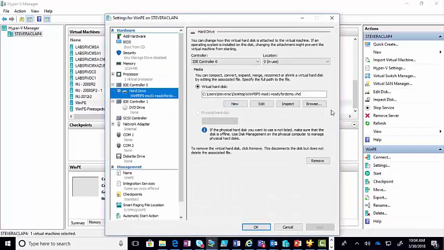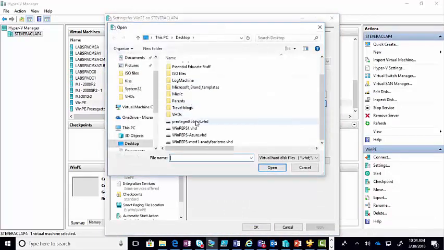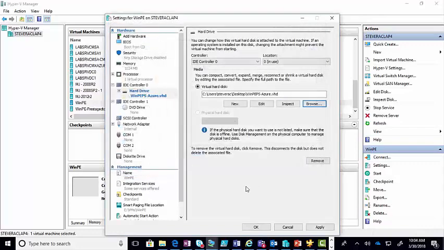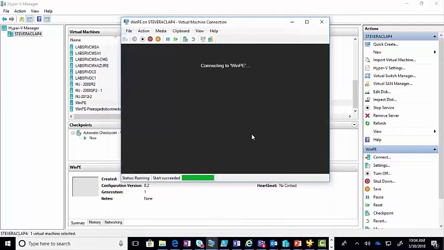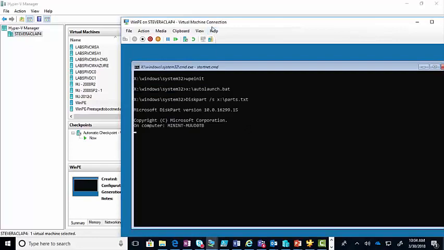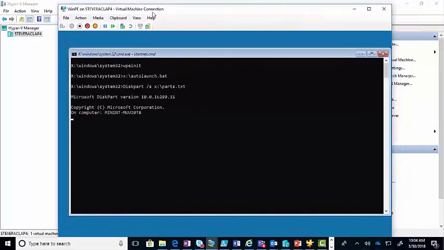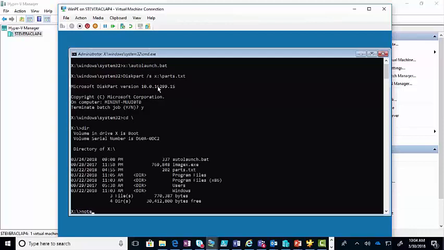So here's my hard drives again. Let's browse to it and go down to, this time, the Azure iteration of it. Hit OK. And we'll boot this up. So waiting for it to connect. You can see that it is booting down here and will be connected shortly. And essentially the structure of what I have is exactly the same. It's just tweaked a bit for Azure. So let me show you what I mean. I'm going to go ahead and Control-C out of this, and we'll look at the root of the X drive again. Same file structure. The only difference